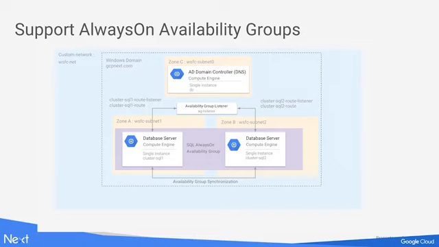Compute Engine users can now configure Always-On Availability Groups. This includes configuring replicas on virtual machines in different isolated zones, as described in this reference architecture. In this reference architecture, you'll need two custom subnetworks. Each will hold a SQL Server instance. We also need an Active Directory, as with most typical Windows workloads. We'll promote this domain controller to also be the DNS server. Both SQL Server nodes need to join the Active Directory and update their own DNS settings.